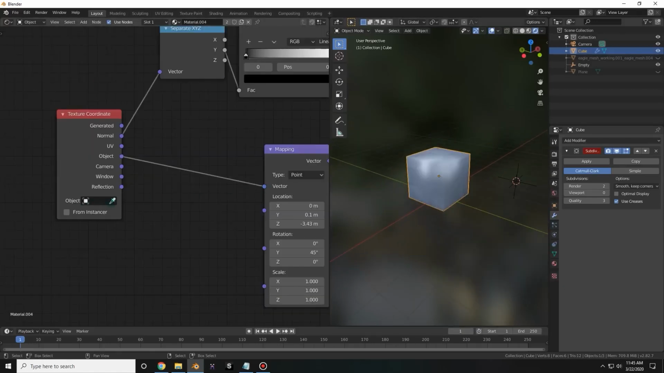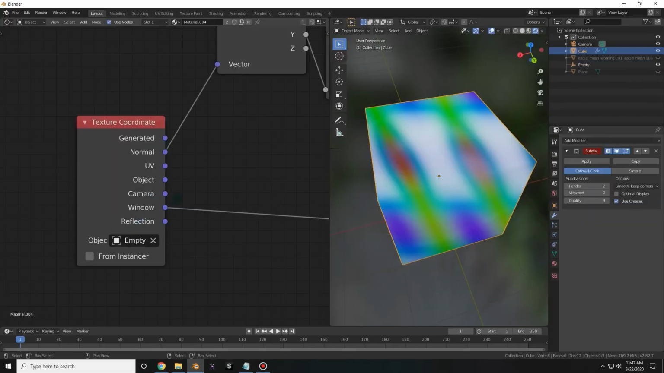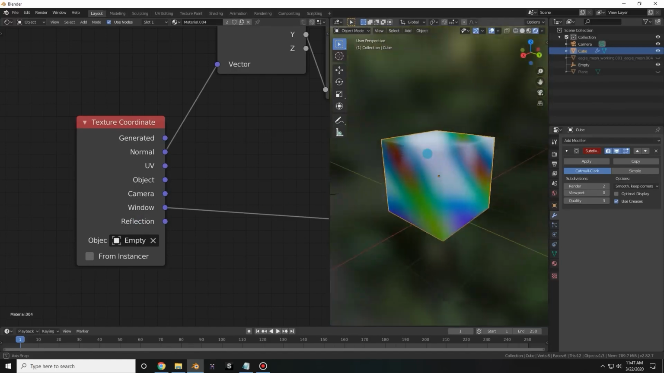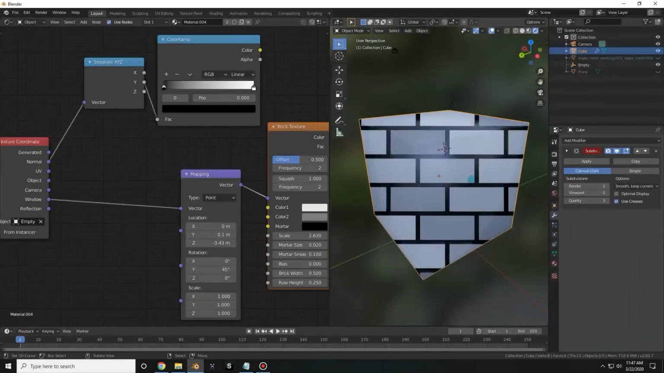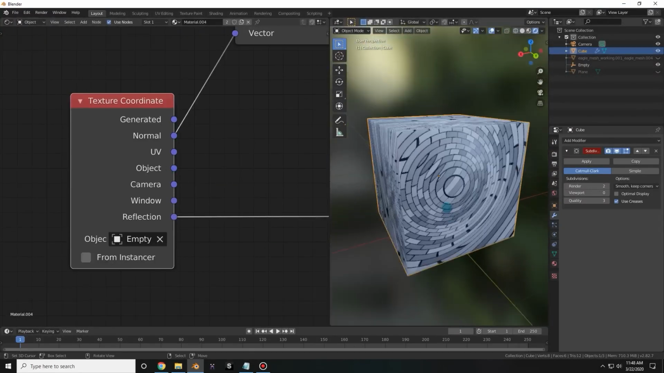The object output is very interesting to me because you can use this eyedropper here to select something that you have in your scene, and then you can control the texture based on the rotation, the scale, and the position of that object that you chose. The window output is similar, except it uses the entire window and not just the camera. I really like this one, and I feel like there's definitely something to be made with this. The reflection output